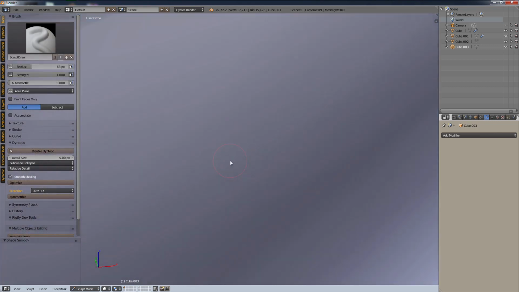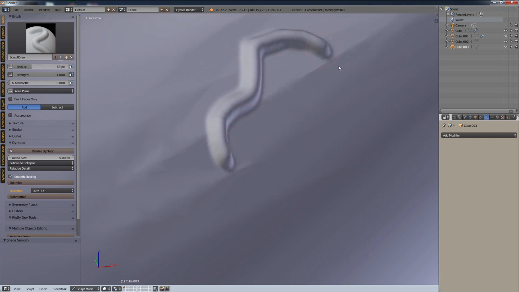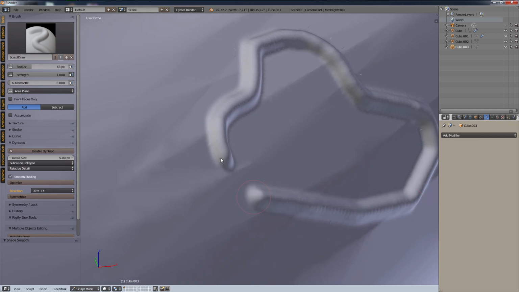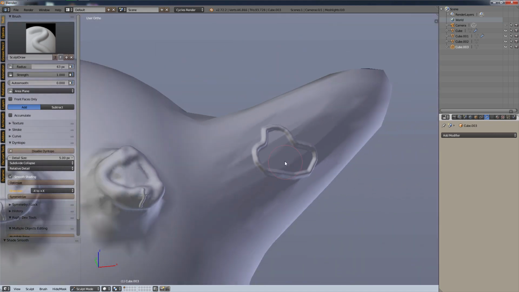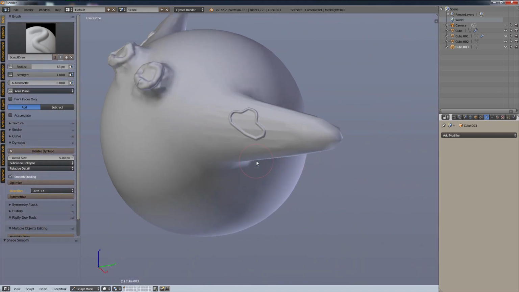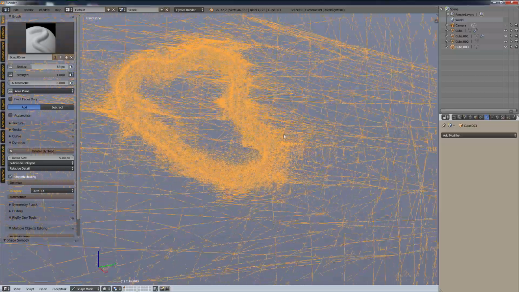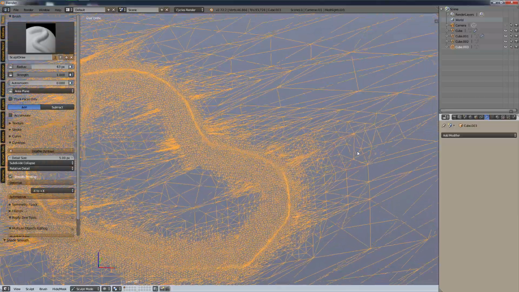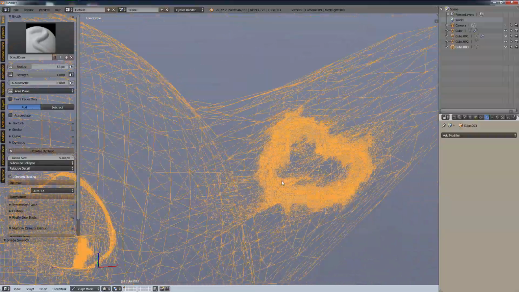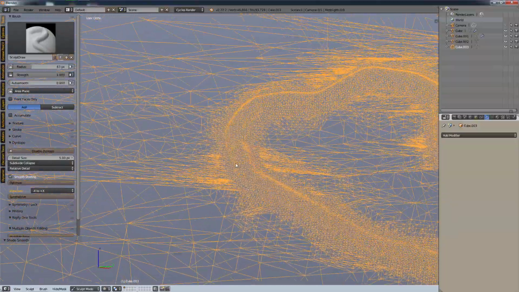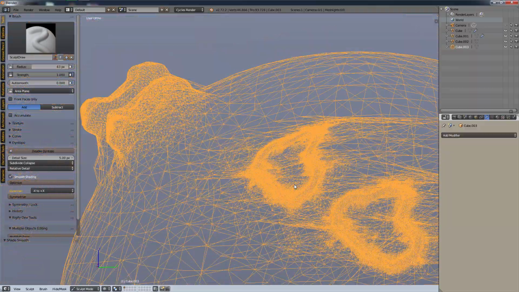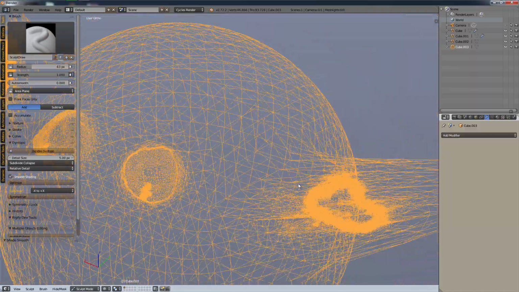If I go back to my draw brush, I can still sculpt extremely high detail things on that low poly mesh that we've just created out of thin air magically. Basically, this is where it gets a little slow because it's really got to do some calculating. Blender hasn't totally perfected it, but now if I go into wireframe, you can see that it's updated the topology. It's not 100% perfect anymore, but it's updated that topology to where we can add high detail sculpting details on